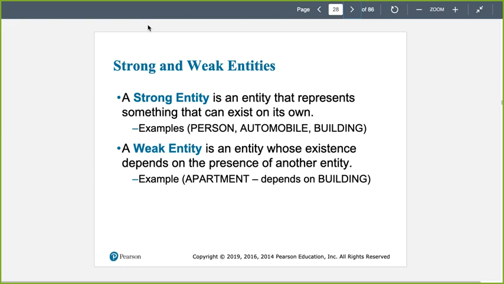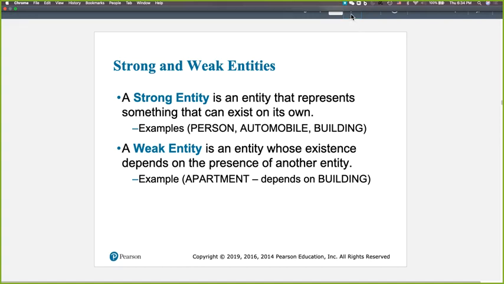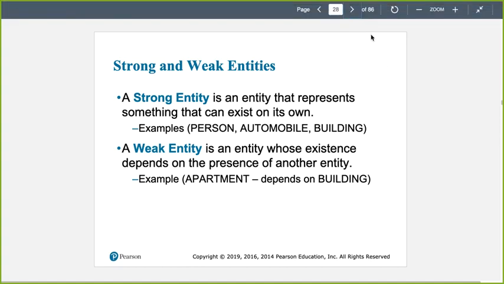There is a concept called strong entity, weak entity. Some entities are strong and the other entities are weak. Strong entities are usually defined as entities that can stand by themselves without the existence of another entity. So if you use a human experience, you will say